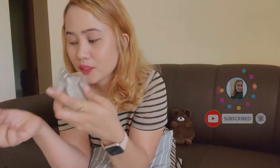Perfect. I would love this. Let's try this. I love it. So I think it's the best. You know, I like floral with a touch of citrus, especially now it's summer. I mean, here in UAE it's always summer. It's too hot. So I would always recommend to have a nice perfume, because if you go out, especially for girls, we should have a nice